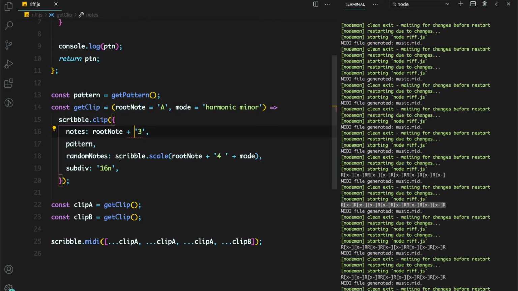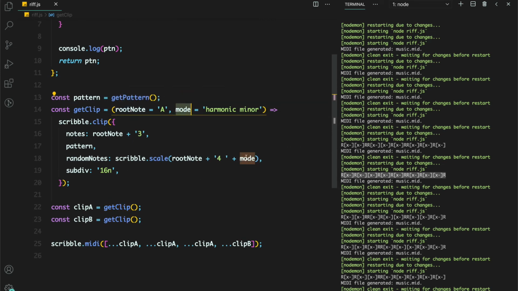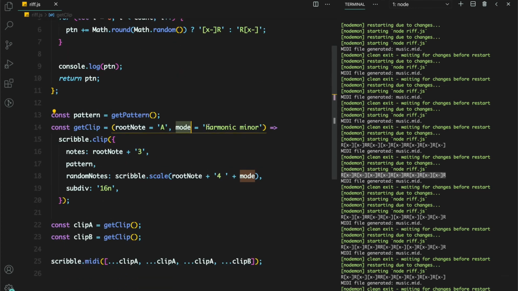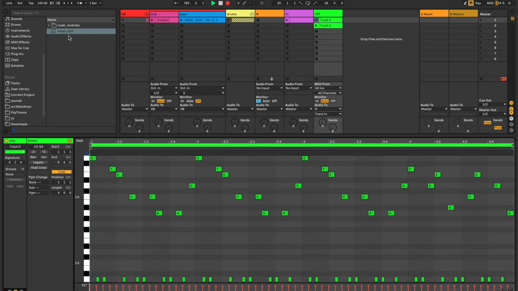And now we have a getClip method that accepts a mode as well as a root note. So you can change the key of your riff or the mode or the scale of your riff, and it can sound different. So let's see how this sounds, because we've now changed from Phrygian to harmonic minor. If I pull that in,